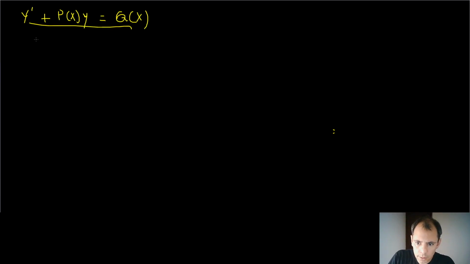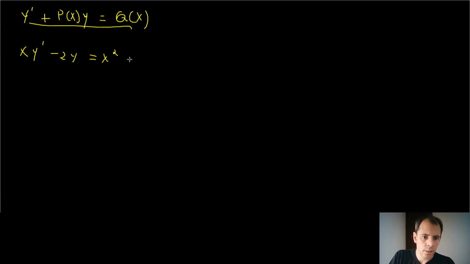Now another exercise. xy prime minus 2y is equal to x squared. Now, what is the first thing that you want to do? You want to put this in this format. So you want to divide everything by x because you want the coefficient here to be 1, and you have an x. So dividing everything by x,